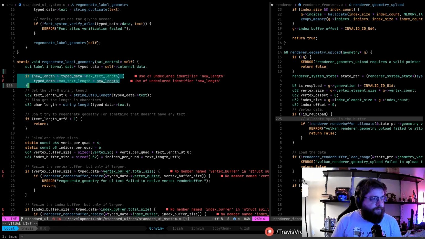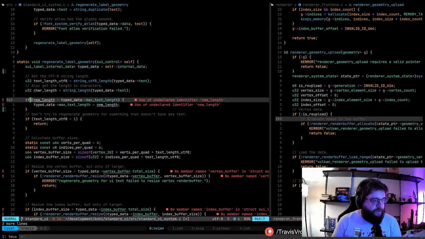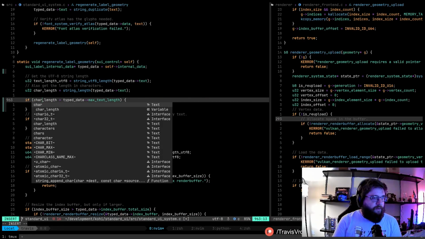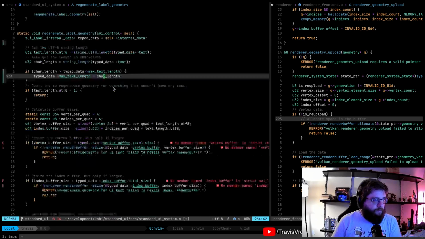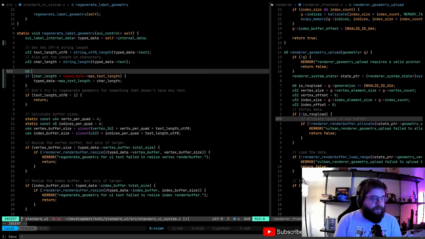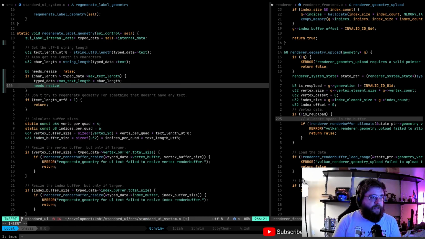So we can put this here, actually, and say char length. Right, and then I suppose we could just use like a Boolean flag or something super naive to say needs resize equals false, and then needs resize equals true.